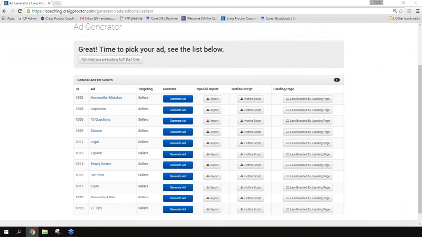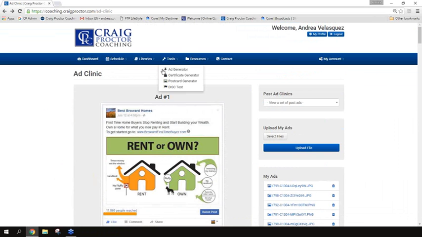Don't do it in a classified ad. Don't do it in a Facebook ad. If you're going to offer a free special report, that kind of information, do it in an editorial style ad. If you're going to offer an online home evaluation, do not do that as an editorial style. That's not an article, right? You would do that as direct mail or as a branded ad.